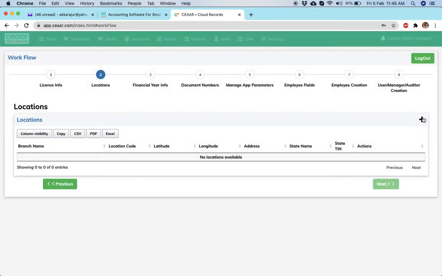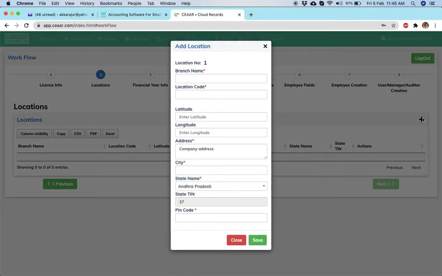Now come to locations. We have to have at least one location for the company. That may be your same company address one. So when I click on this company address, some information is already captured here. So I will say high tech city.